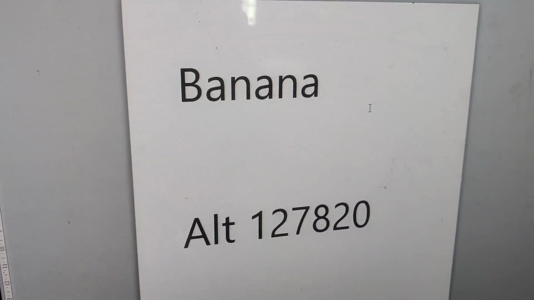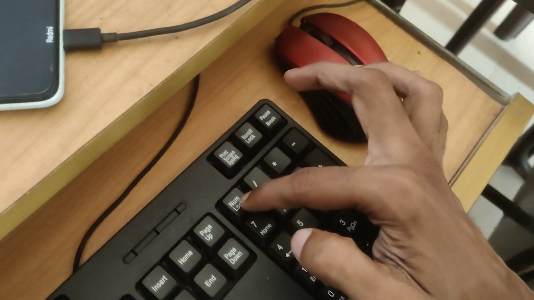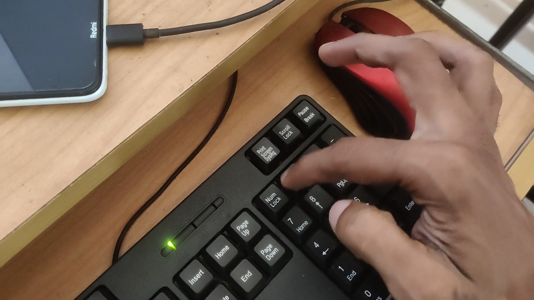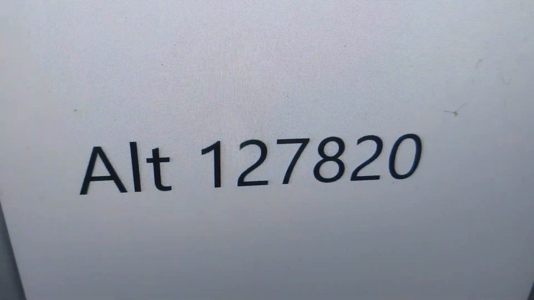To do this, you must go to your computer keyboard. In your Windows computer keyboard, this is the Alt key, and this is the Num Lock key. You must press this Num Lock. Now we have enabled the Num Lock. Now you must use this keyboard shortcut, Alt